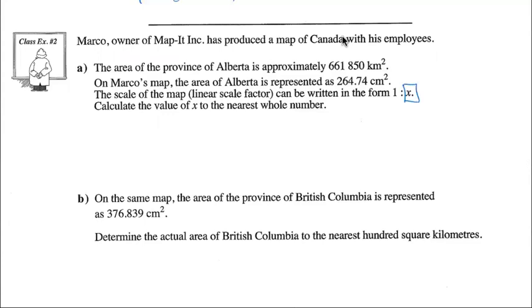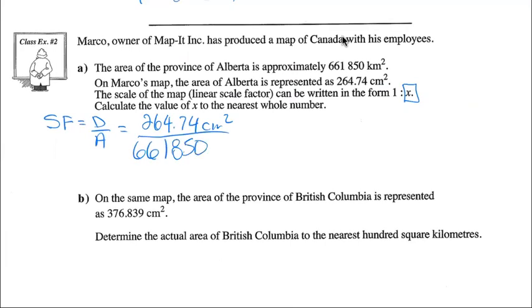Calculate the value of x to the nearest whole number. So we know that scale factor is equal to drawing over actual. So we know that the drawing, 264.74 centimeters squared, over my 661,850 kilometers squared